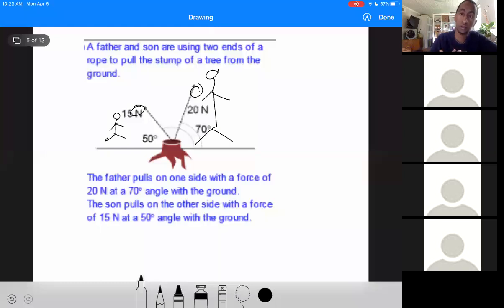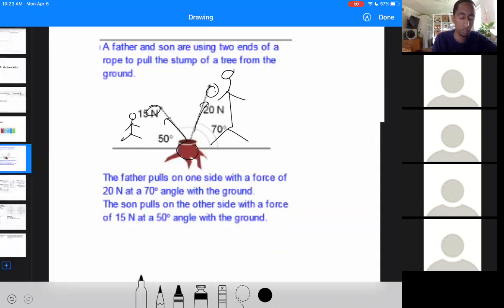Okay, so in order to solve this, we would be using vectors. So this stump, if they're both pulling on it in different directions, different angles, different forces, which direction would the tree stump come out in, and at how much force would it come out? That's what we're going to be looking at tomorrow. Okay, but just to preview you, today's going to be specifically